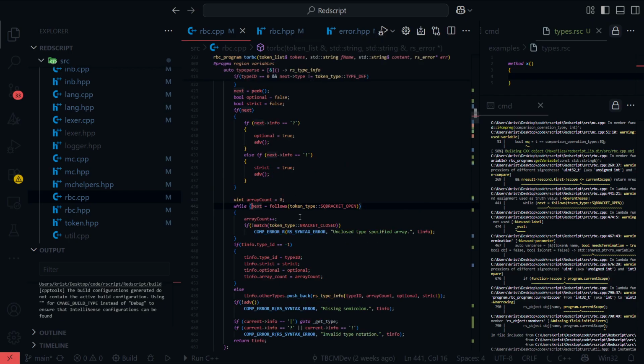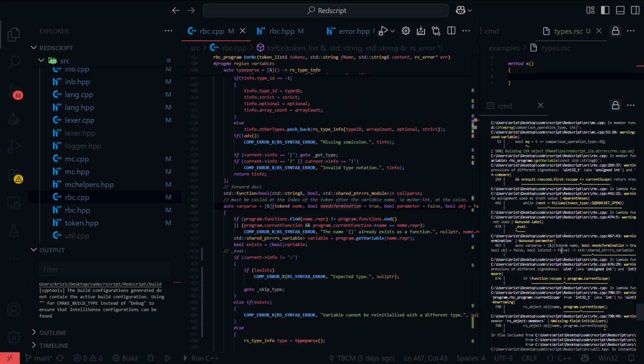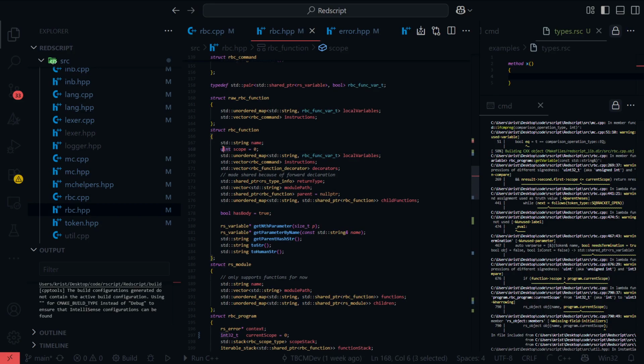Okay, more parentheses, my lord. Didn't I just comment that out? Yeah. Warning, unused parameter. It's used now. Scope is a uint, and this is an int32. Just do int32t.